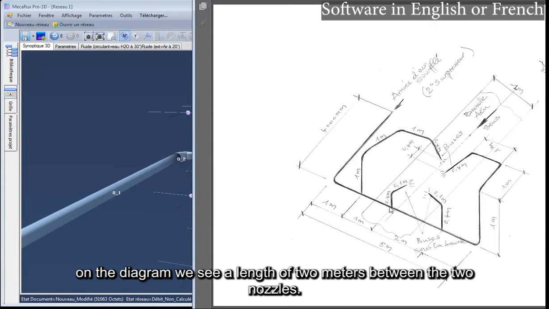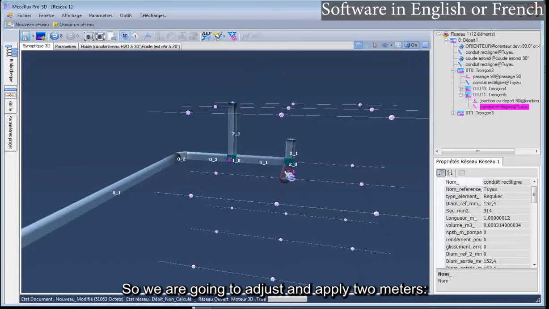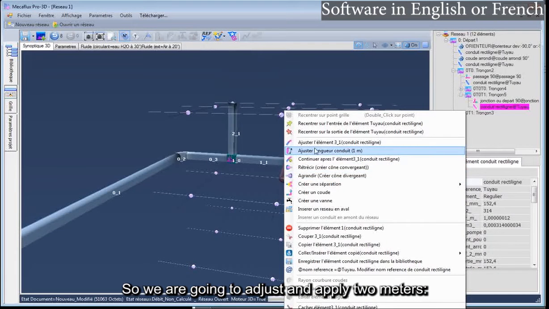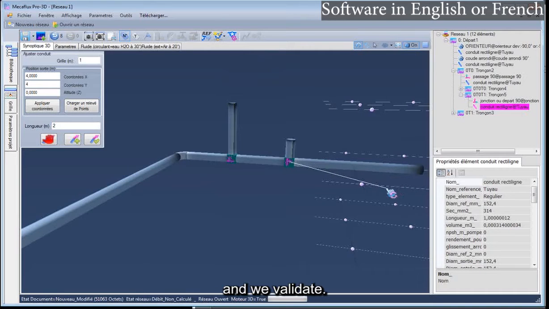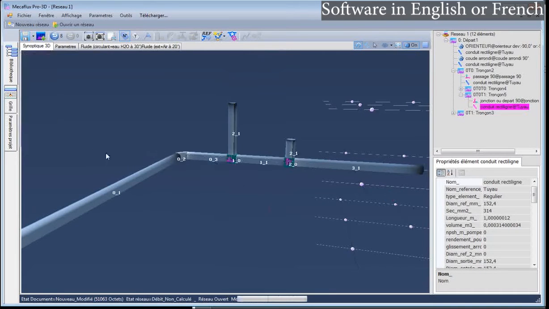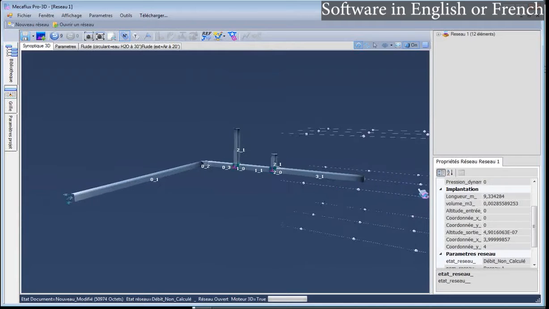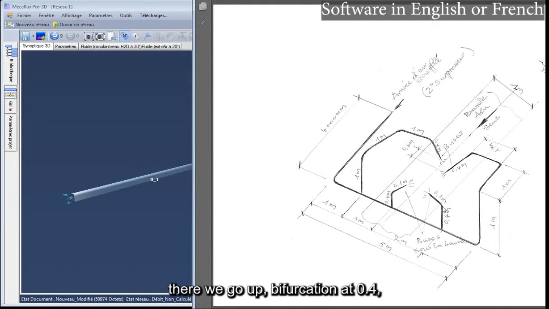On the diagram we see a length of 2 meters between the two nozzles. So we are going to adjust and apply 2 meters. 1 meter, 2 meters, and we validate. There we go up, bifurcation at 0.4.